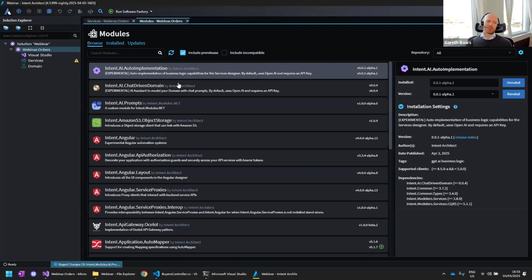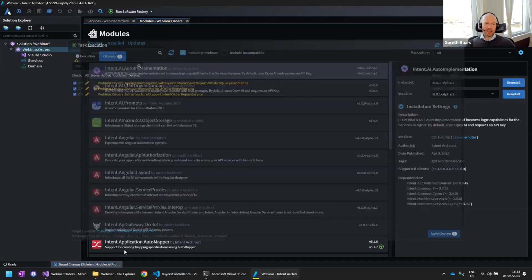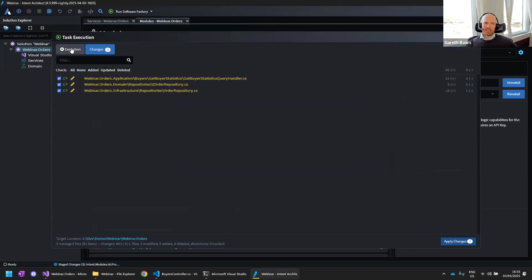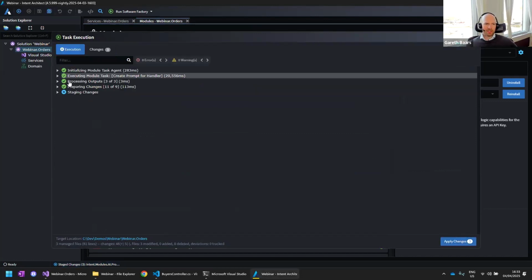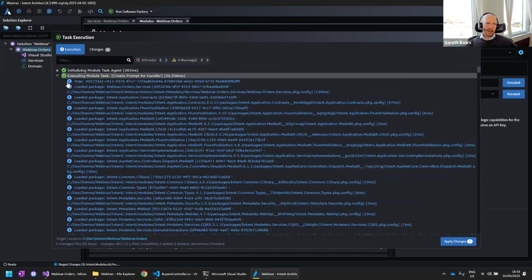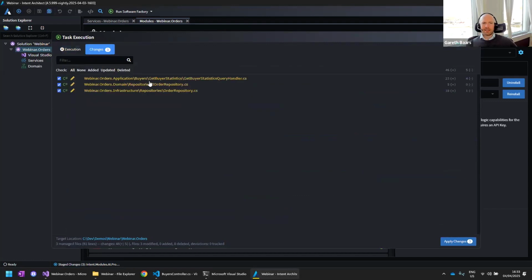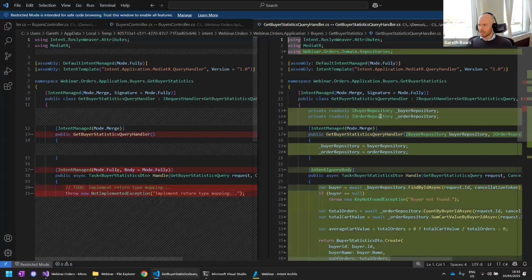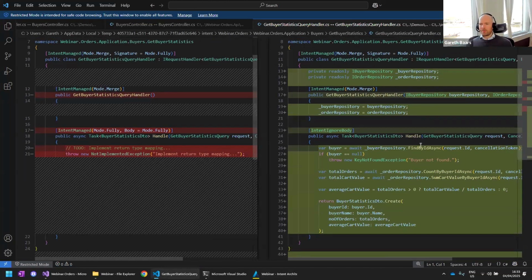And the new capability that I'm showing you guys here is the ability to host these processes inside of a hosted task where we can actually make changes to the underlying code base. And as you can see here, this AI system, and here you can see a little bit of the prompt, is all going through semantic kernel, as you guys would expect. We can see that it is listing out 3 changes for me over here to our buyer statistics. And we can go take a look at what these changes are. And here you can see that it is actually going ahead and automating the implementation of this statistics method.